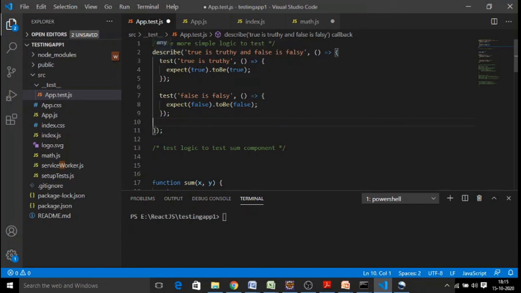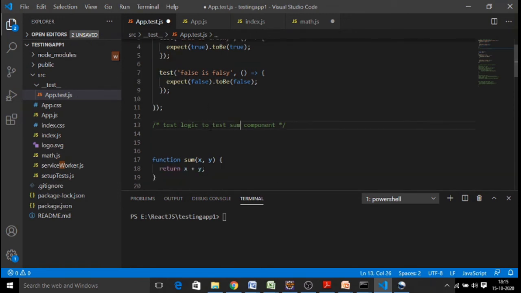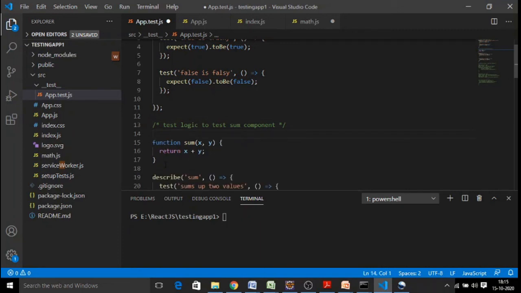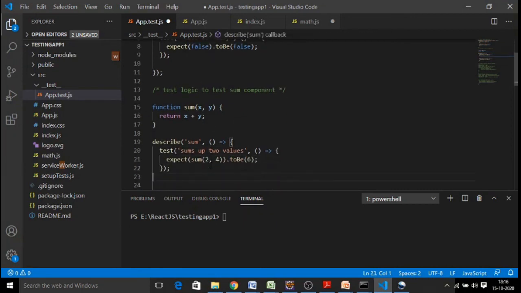So using describe, you can write into a .test.js file and test with it. Similarly, one more functionality we are writing: you can practice with them one by one, I am just combining them for demo purposes. Next, here we are writing a simple function called sum. Actually this sum function you can define in a separate sum.js file and import it. I am just writing it as part of the same test case file.